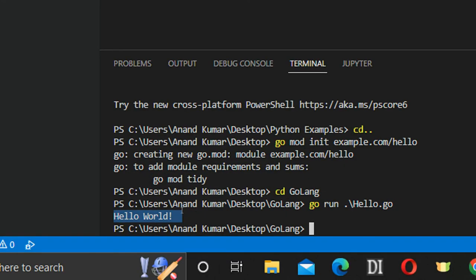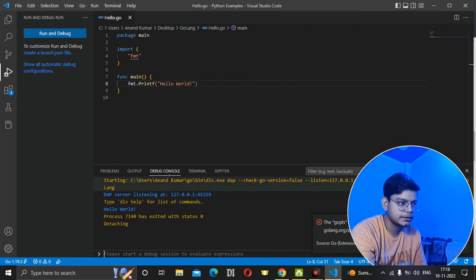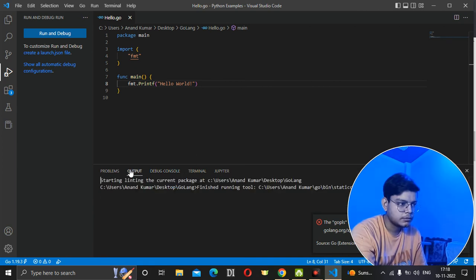You can see it is printing hello world. So we can use the terminal here, or we can see the output in the debug console. Fine. So yeah, that's how you can run your first Hello World code in Visual Studio Code